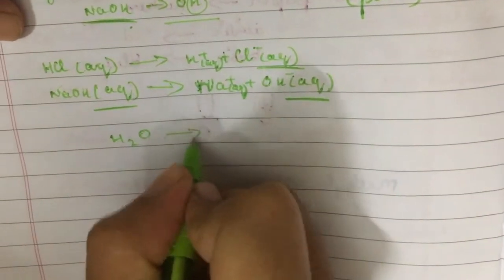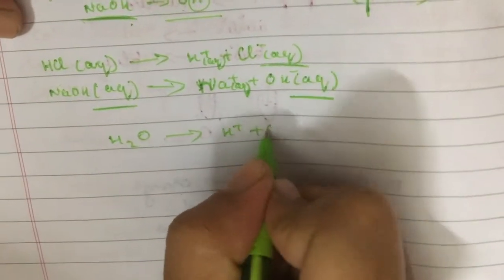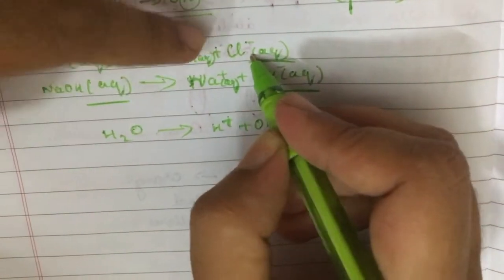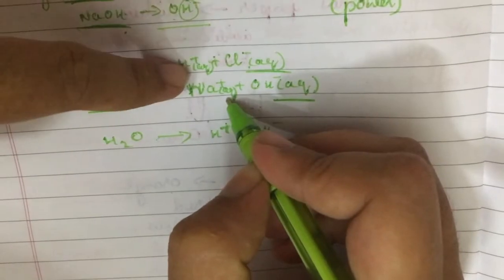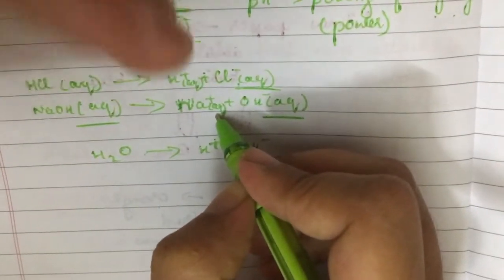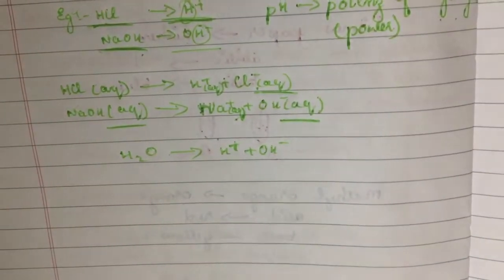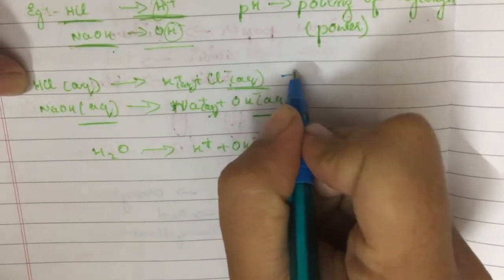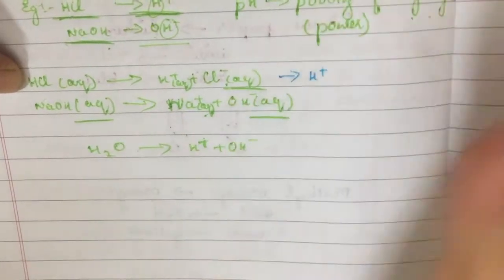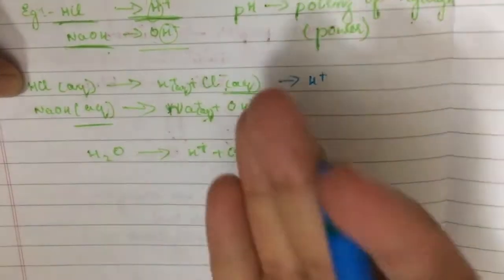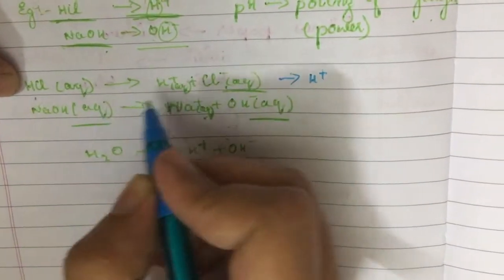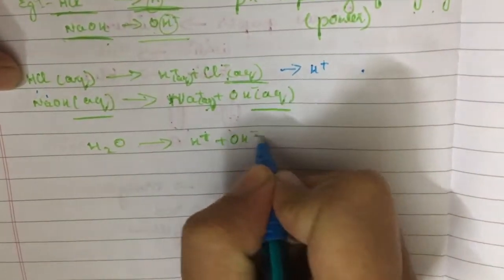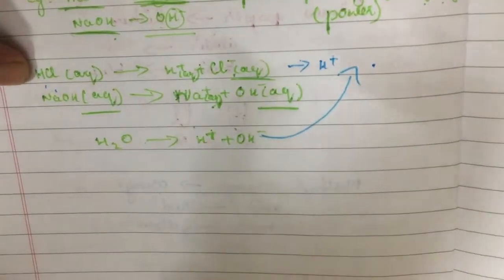And you know that water produces H plus and OH minus ions. So we can say that there are H plus ions in the acidic as well as the basic solution. But the thing is that in the first case, that is in the HCl, the concentration of H plus will be more, because this H plus is already produced by the acid, that is HCl, and in turn the water, that is the aqueous state, also contains the H plus ion.